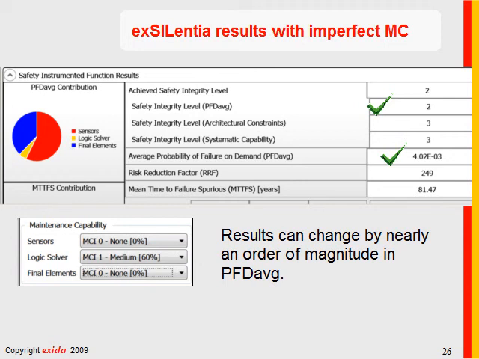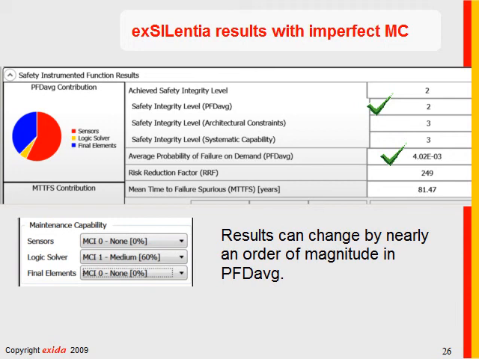That's a clear indication that this maintenance capability could change numbers by an order of magnitude. Now, what that really means is, if you're using FMEDA data, you probably should at least quadruple the data.